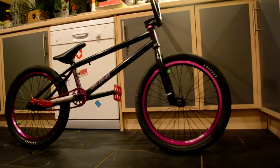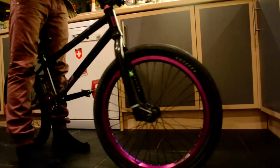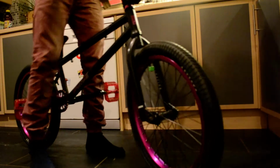Hey guys, this is my bike check. Starting off at the top, I've got